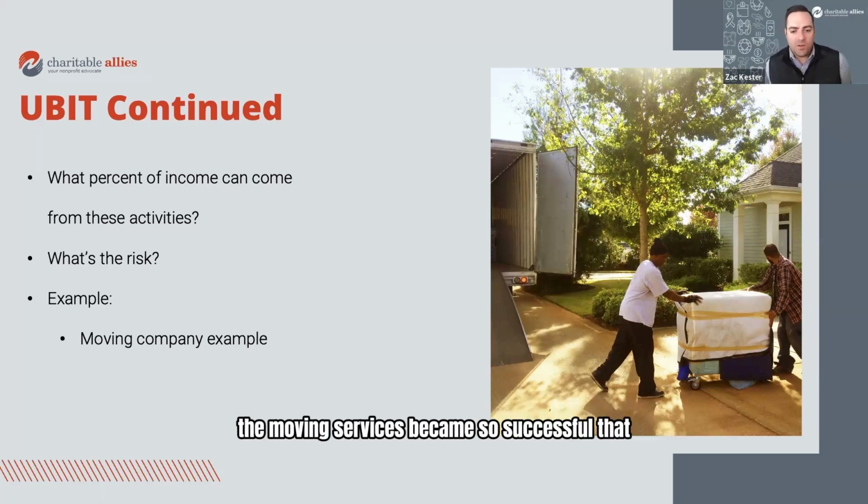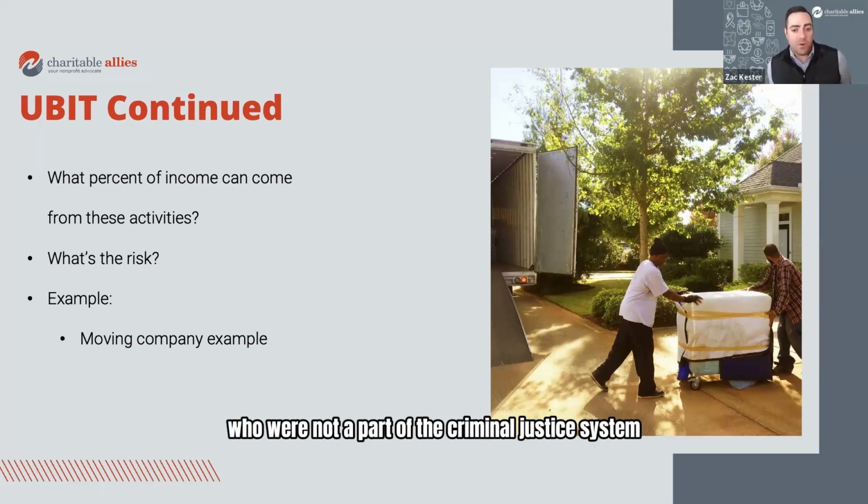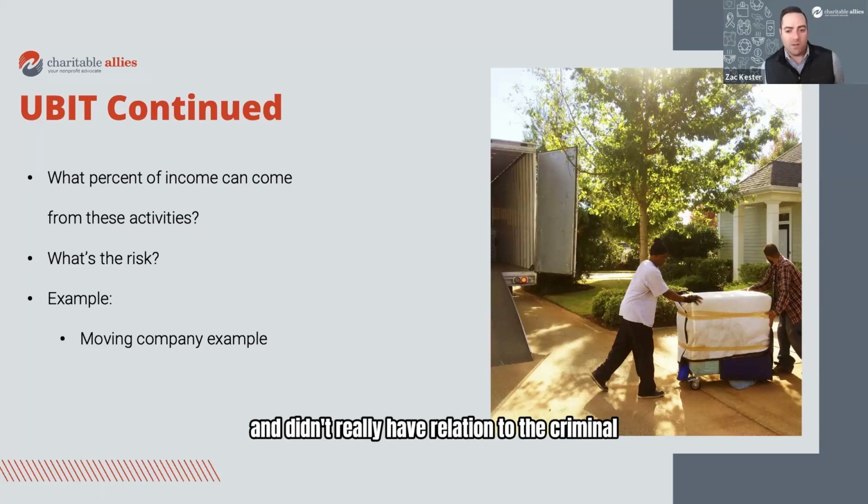So for example, the moving services became so successful that they started to have to hire individuals who were not a part of the criminal justice system and didn't really have relation to the criminal justice system. Then you had whole trucks, whole moving teams that were not related to the criminal justice system in any way. And at this point, this is just a charity running a business. So we really then had to start figuring out, okay, at what point do we roll this down into a